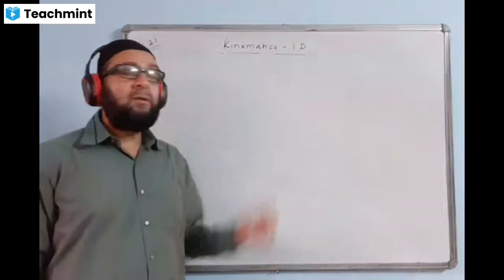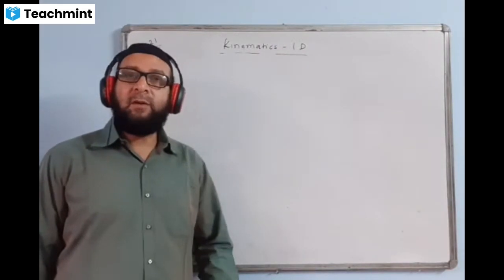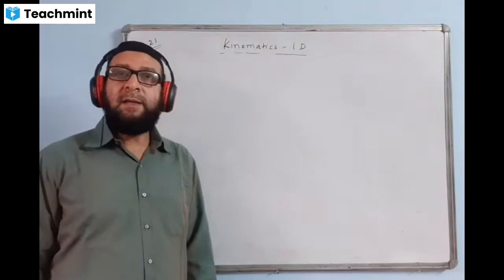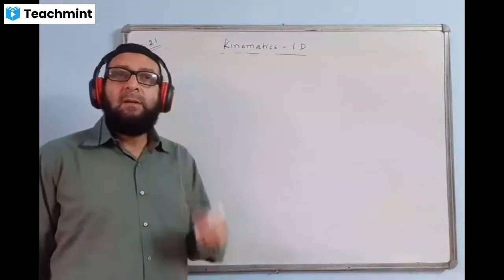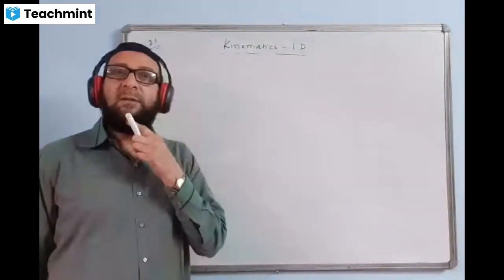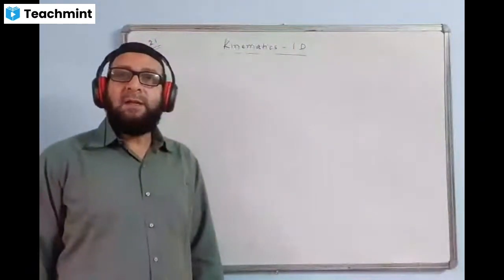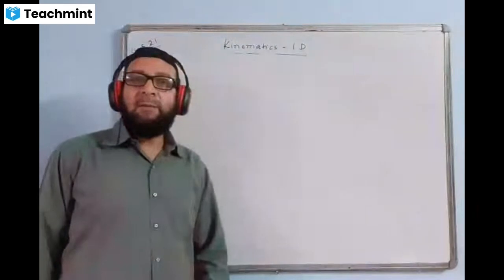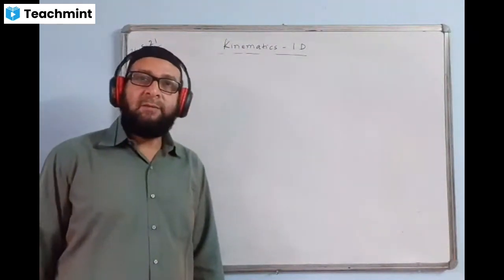So yesterday I wrote the distance-time graph. Slope will give the value of velocity or speed, because distance upon time will give speed, and area gives nothing. In the velocity-time graph, slope and area both give something. Slope gives acceleration, whereas area gives distance or displacement of the body. And in the acceleration-time graph, slope gives nothing, but area gives velocity. Yesterday we have done it.